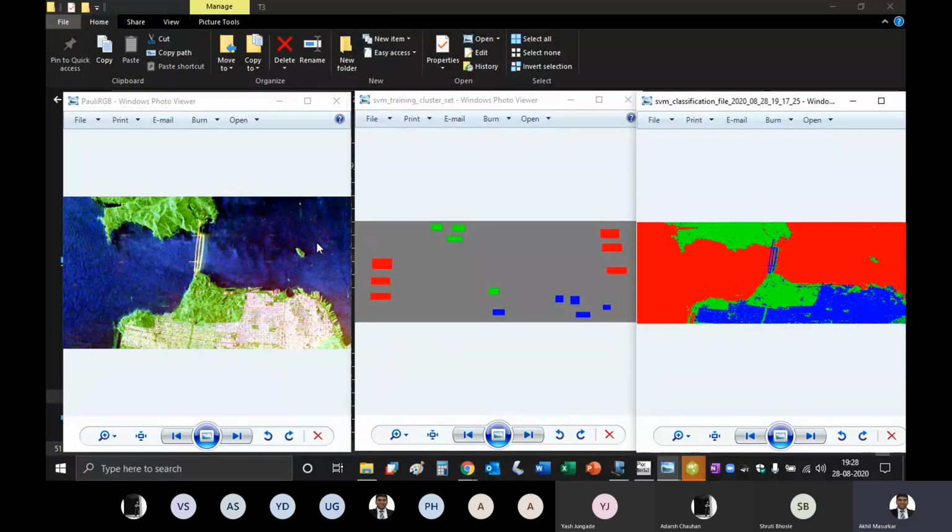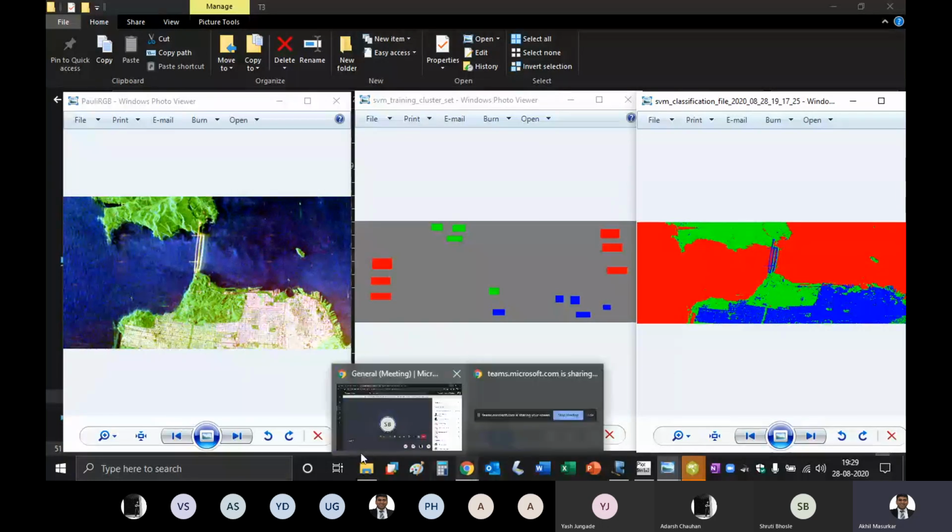Out of this image, with your own eyes, you could classify three of them, but the classifier used its own intelligence and it told you, okay, see, these are the things. You can also look at this particular island, that is the Alcatraz Island. There are some blue spots on green. That means there are some settlements, which is basically the prison area on that island. So we could find out on that island there are some settlements, and those settlements are nothing but prisons, if you just have a look at the map. So I hope you have understood this.